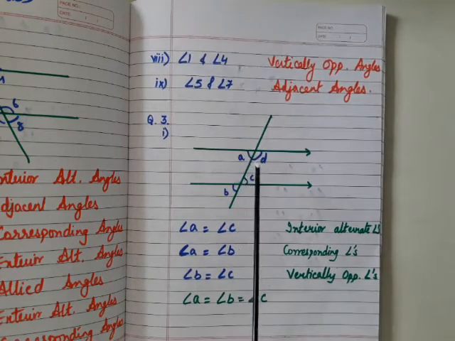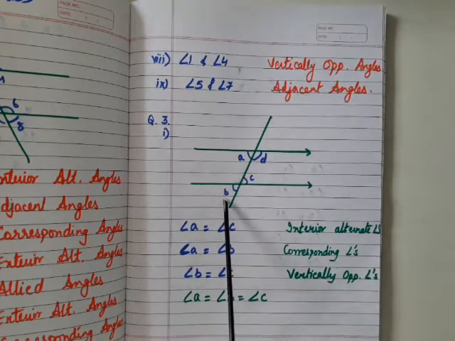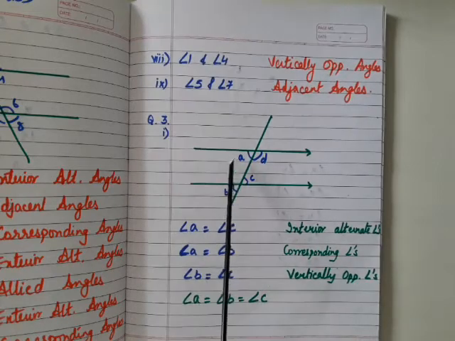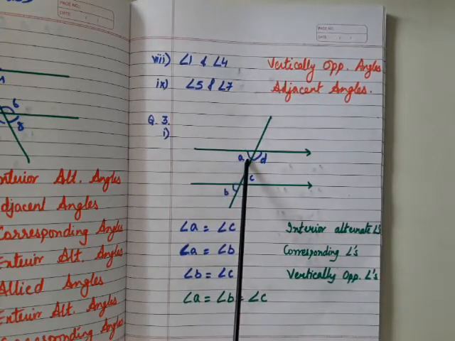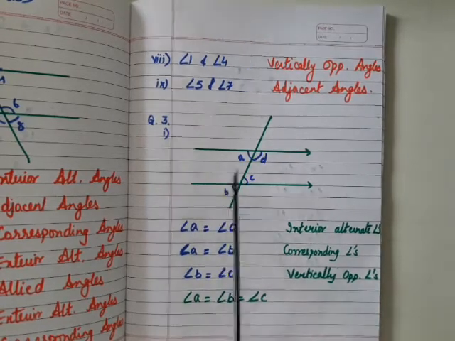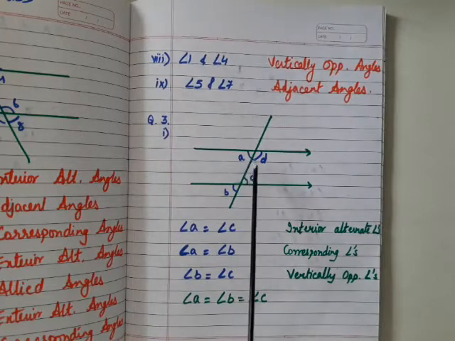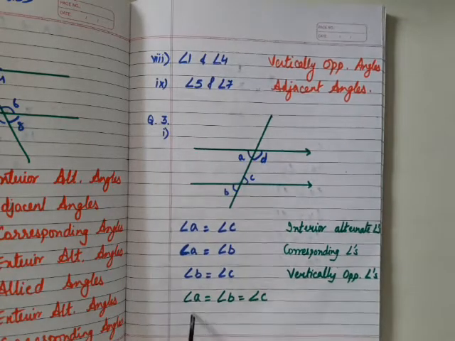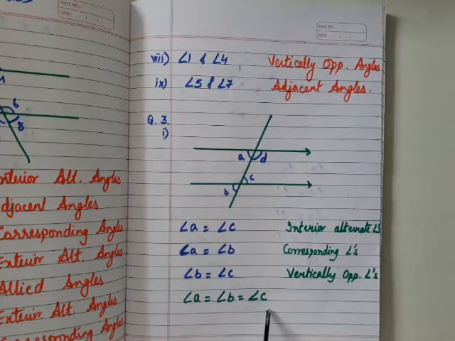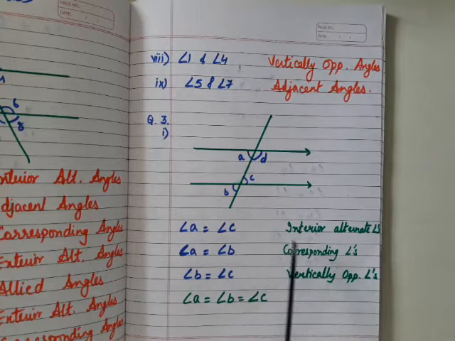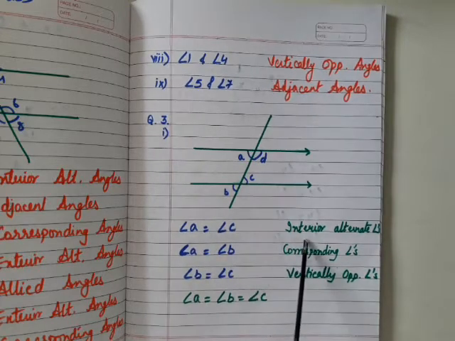And angle A is equal to angle B. Why? They are corresponding angles, towards the left side of the line, towards the bottom. Here A is also towards the bottom and towards the left. The same position is occupied by B. So A is equal to B, A is equal to C, and B is equal to C. So the angles that are equal are angle A equal to angle B equal to angle C. Okay, and we have given the reasons. Always remember, children, whenever you state something, the reason has to be mentioned immediately after it.